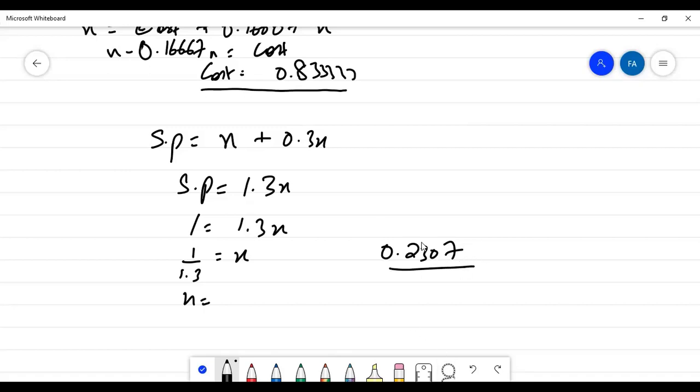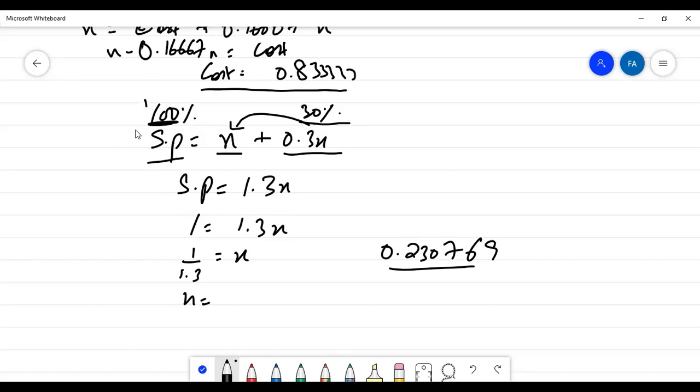Now I'll explain how I have done that. So let me write more numbers for this. See, there are two methods. You don't know the selling price, this is something unknown. You got your cost as X, you got your profit that is 30%. You can put it down as 30%, but in this case you have to convert it into normal numeric, so it's better to go for 0.3 of X, where X is the cost. We add both of these, we'll get 1.3X. Your selling price will always remain 1, that means 100%.